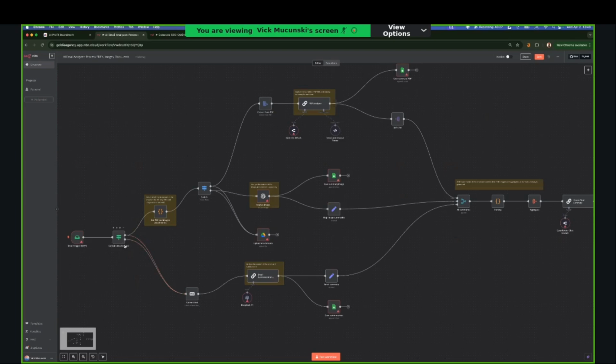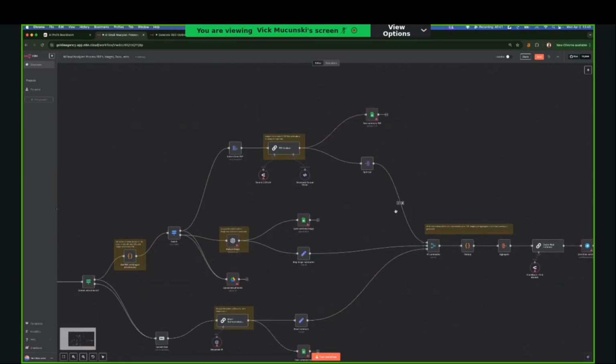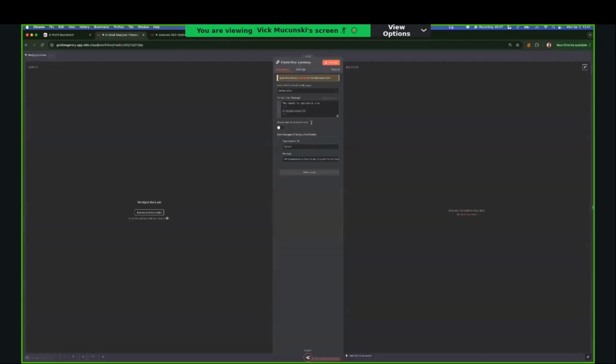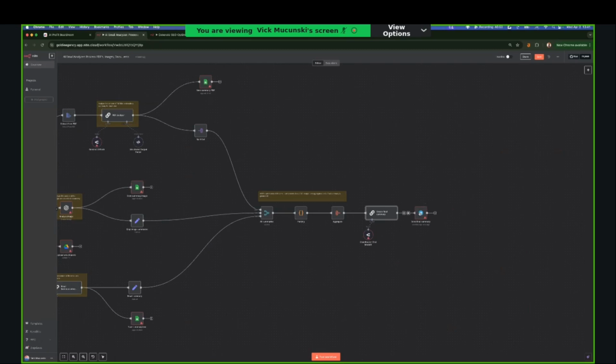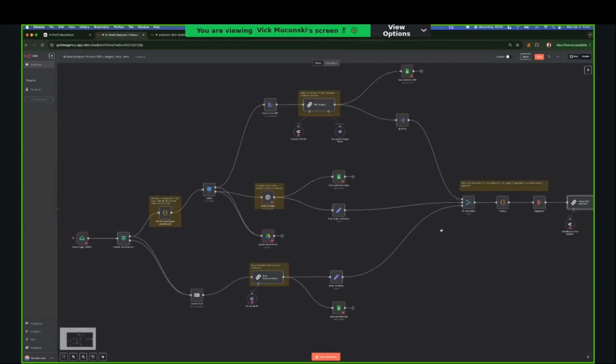So basically, if it doesn't contain any attachments, it just converts the text, summarizes it, and saves the summary of the email. But if it does contain any images or PDFs or whatever, it adds another layer. And it all ends with you getting a final summary of what has been done. Here you can see that the JSON is already spat out, and you get it in a Telegram message to inform you of what has happened. Now, this might not be the perfect use case, but it does sound like something that could help you analyze those emails. This is in N8N rather than within the Google environment, because